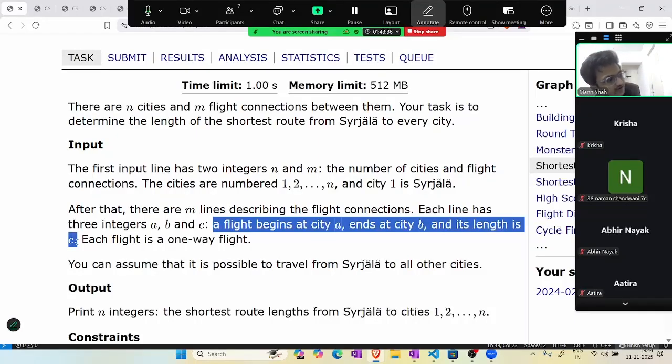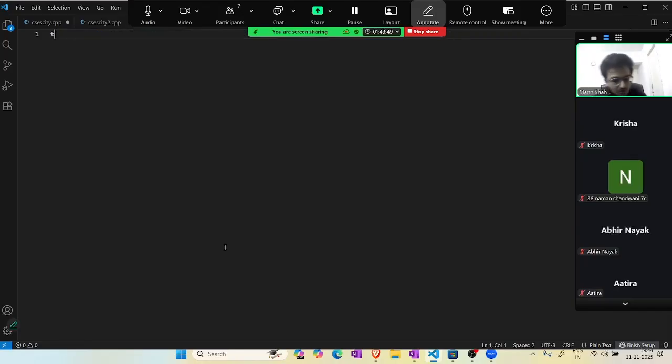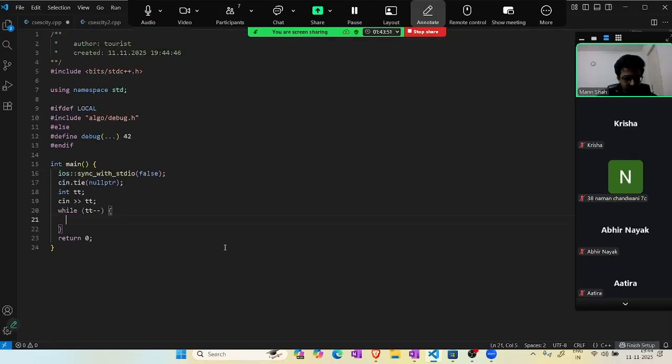BFS only worked for undirected graphs, but Dijkstra works for everything. So this is a directed graph, so we'll only use